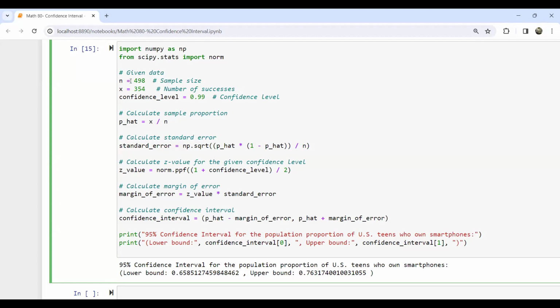Given data, you have n, which is 498, and we calculated x, which is 354. The level of confidence is 99%. We calculate the p hat, and then the q hat is 1 minus p hat. And let's see, we have the z value, which is norm.ppf of the area divided by 2, and then the margin of error. Now let's just change this: 99% confidence interval for population proportion of US adults